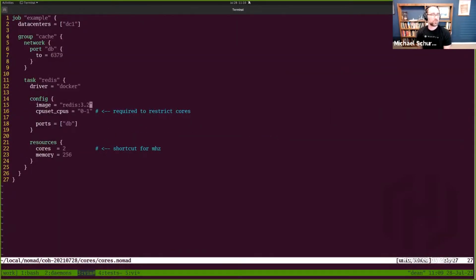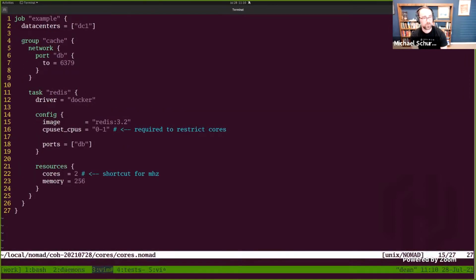So I just use our little example job file. If you just run nomad init-short, you'll see something a whole lot like this job file. Oh, it's not HCL formatted. I'm going to get in trouble for that. Let's fix that. There we go. Now it's all pretty. Bump this up a little bit again.